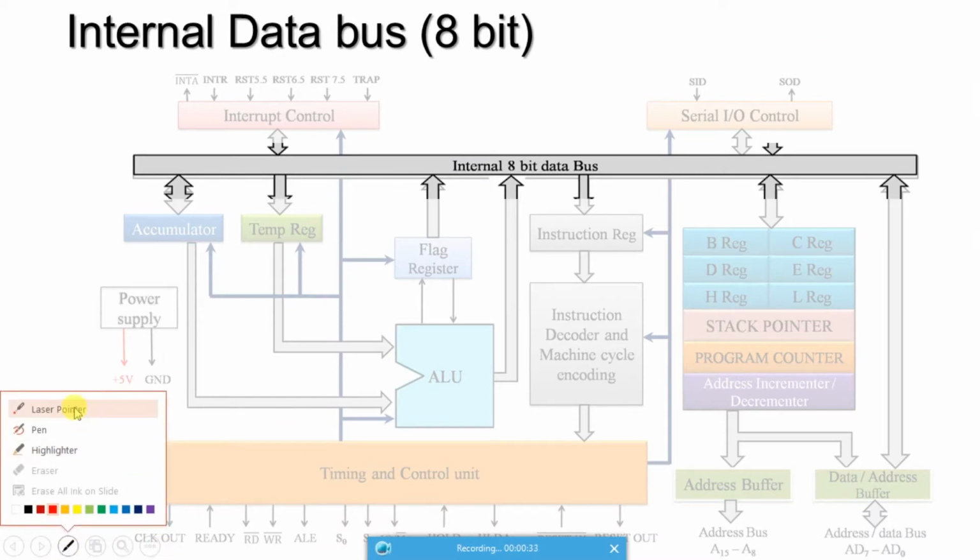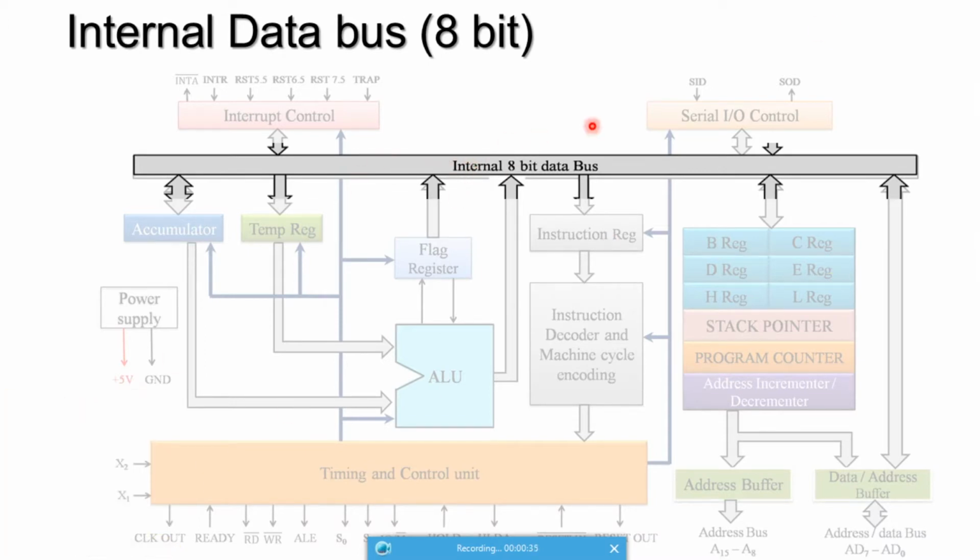Data bus is nothing but, if you want to add 5 plus 4, that is 9. 5 is the data, 4 is the data. You need to give the whole data, I mean the operands, 5 and 4, which are the operands we are calling. That data has to be placed in this internal data bus. From the internal data bus itself, the microprocessor can take the data anywhere.